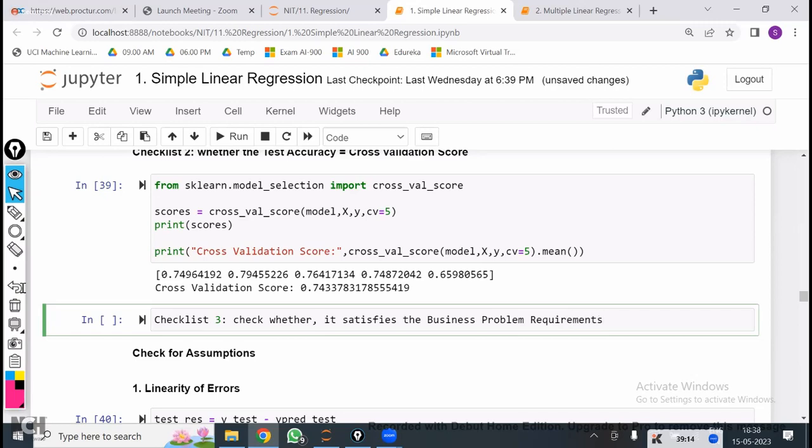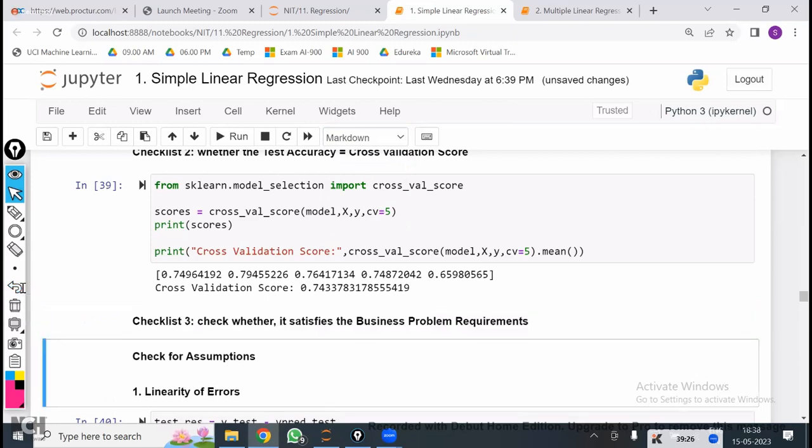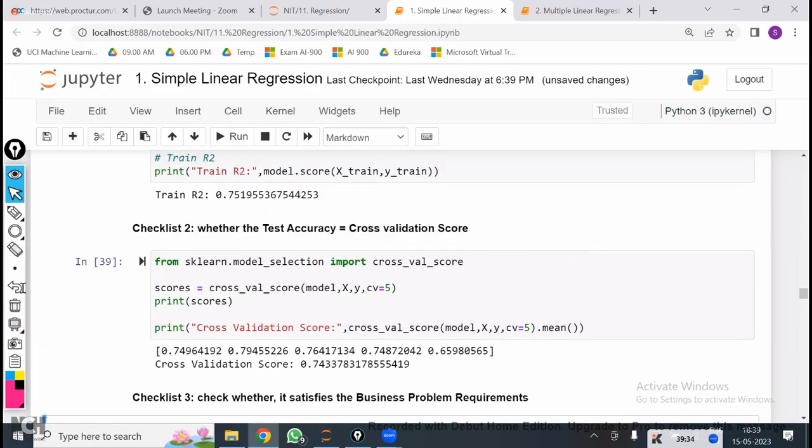Checklist number 3. If all 3 of them are satisfied, then it is a good model. If any one of them is not, it is considered a bad model. With this, for any other algorithms, it will be completed, but only for linear regression,